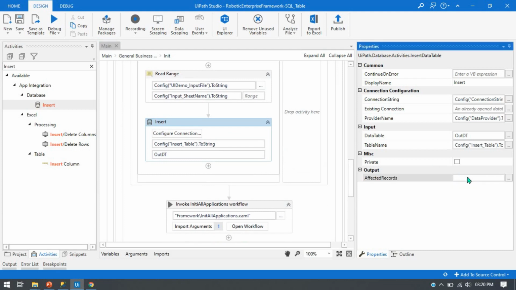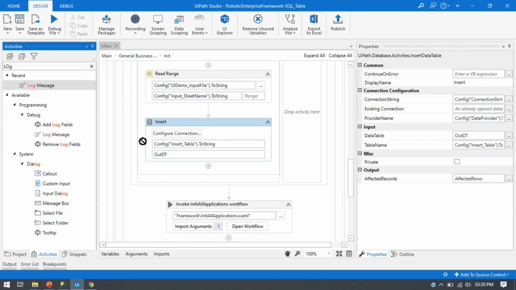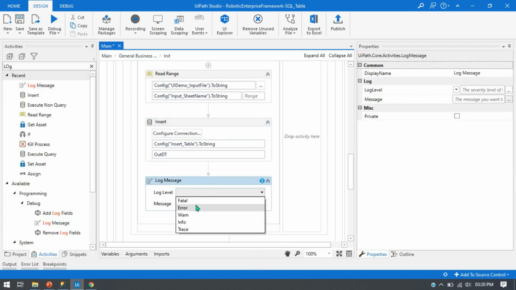So we'll take this here, Ctrl+K, affected rows, save this, and this time we'll take one log message and we'll write here, we'll take one Info log level, and this will be, we'll say here affected rows plus, we'll pass here "records have been inserted to the table",